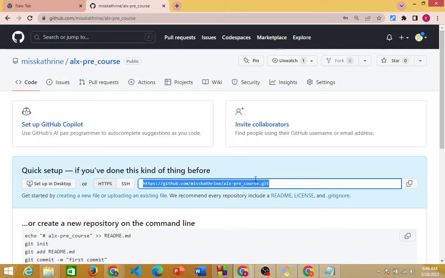Cloning is just a way of getting what is on GitHub. This is a remote server, I call it. What I will be doing by cloning is pulling what I have in the remote server into my local machine, my local computer. That's what cloning is all about. Okay, so I'll copy this